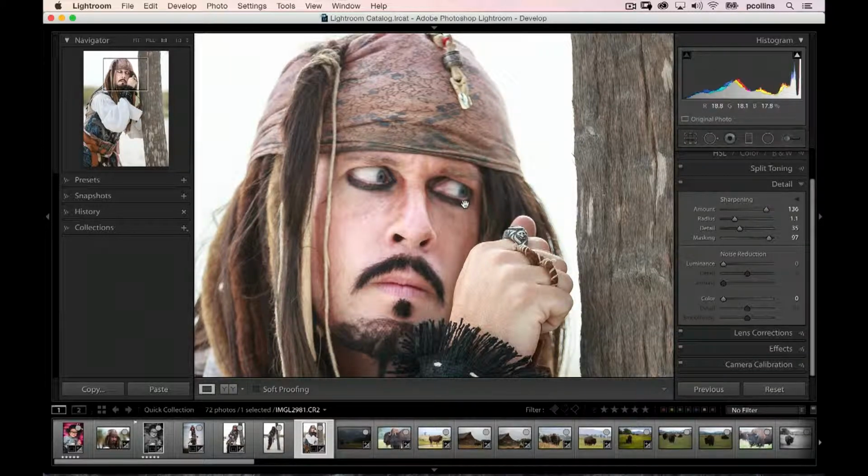I could maybe try to recreate the eyes in Photoshop. I could get the adjustment brush and try to sharpen it even more, and we're going to talk about that in just a little bit, but I can't recover those eyes to where it's going to be acceptable. I missed the shot. So a lot of times sharpening is a great teacher of your photography skills, because you'll realize, that was a great shot and I missed the eyes. It'll inform you when you're shooting. That's the wonderful thing about sharpening in here.